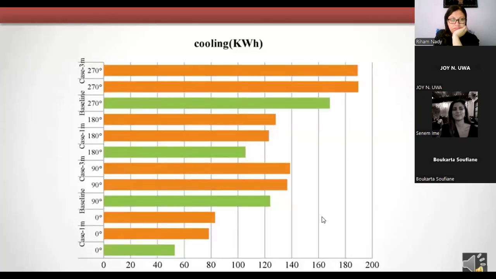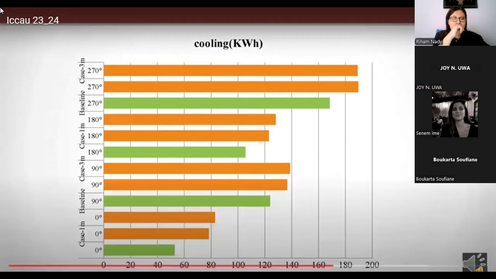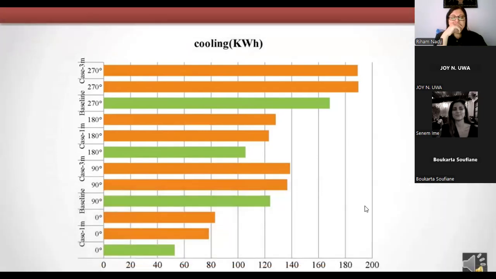First of all, for cooling energy demand, we can see here that the baseline always demands less energy than the cases which consider the setback with a depth of 1 meter and 3 meters. We can also see an increase, in crescendo, going from the north orientation to the west orientation, which means that orientation has an important role with the setback